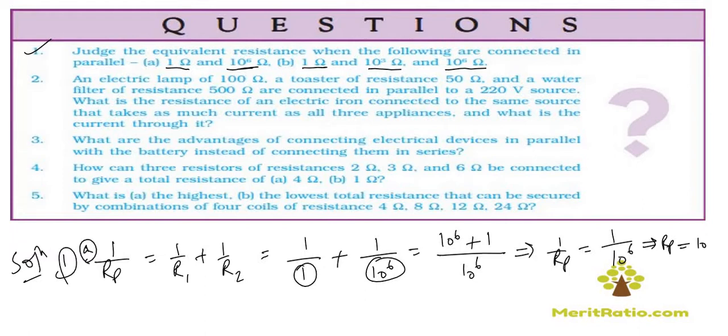10 to the power 6 divided by 10 to the power 6 plus 1. Here we need to write 1 plus 10 to the power 6, since that is the value we had got. This implies Rp is less than 1, just as suppose 2 upon 3 is less than 1. Exactly in the same manner, the denominator is increased by 1 with respect to the numerator.